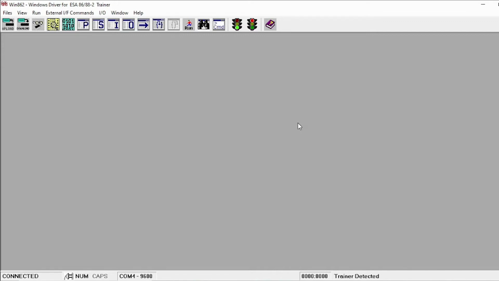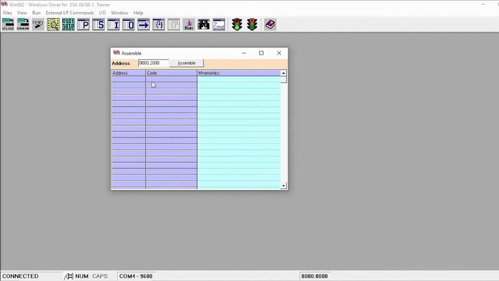First, open Win862 software and then take assemble. So here give any assemble address where you need to store the program. Then click assemble. Then the control will be coming here. From here you can type the program.